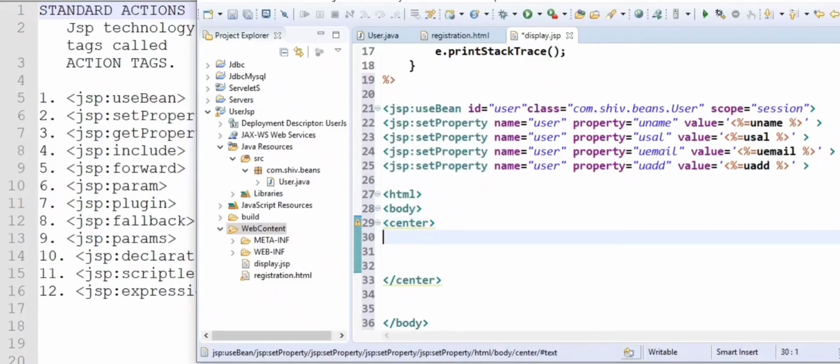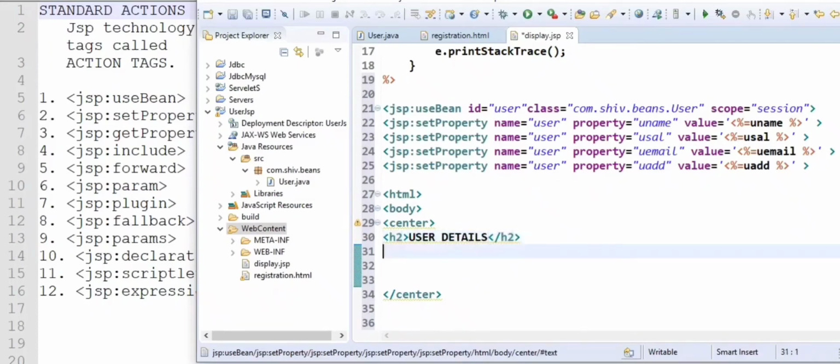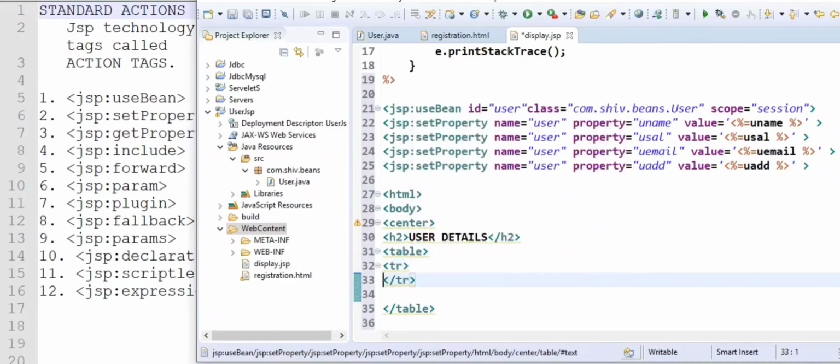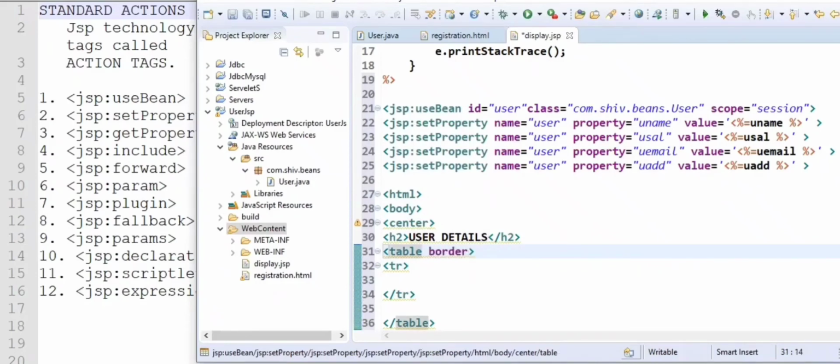Before creating the table, let me give in h2 user details. Now in table, I am taking table border also equals 1.